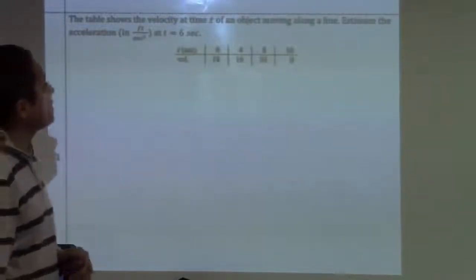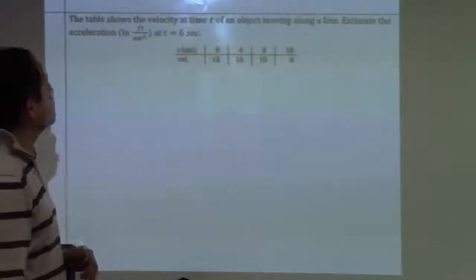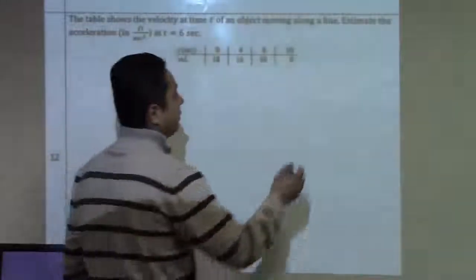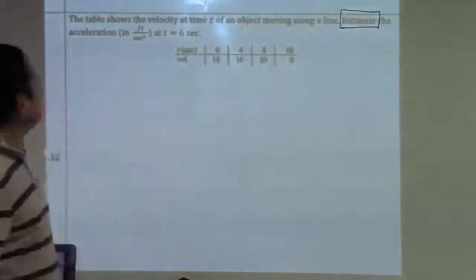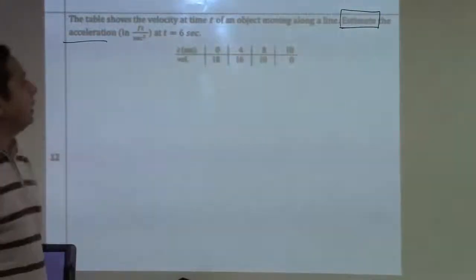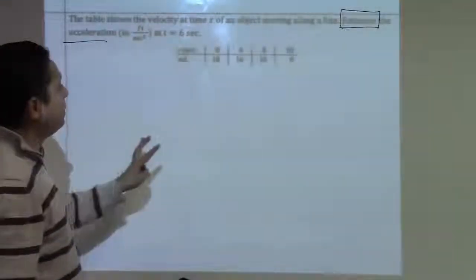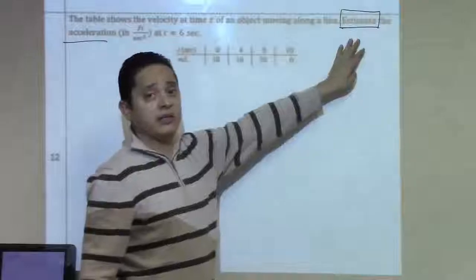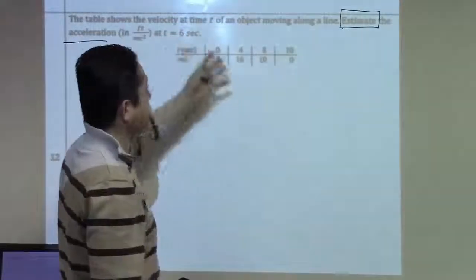The table shows the velocity at time t of an object moving along the line. Estimate the acceleration at t equals 6. Keyword here: estimate. Now, part of the reason they say to estimate here is because the function, any function, is not really given